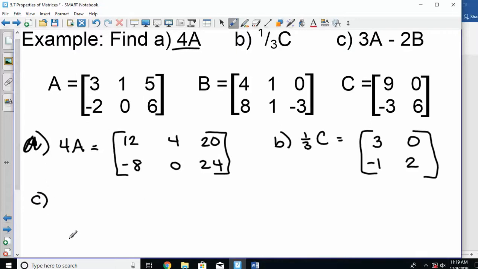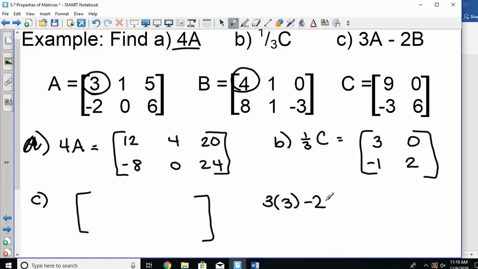Part C wants 3A minus 2B. So I'm asking for something a little more complicated, but we can still do that. You're going to do 3 times the number in A. So if I'm just talking about the first one, it'd be 3 times 3 minus 2 times the number in B, minus 2 times 4. So we would get